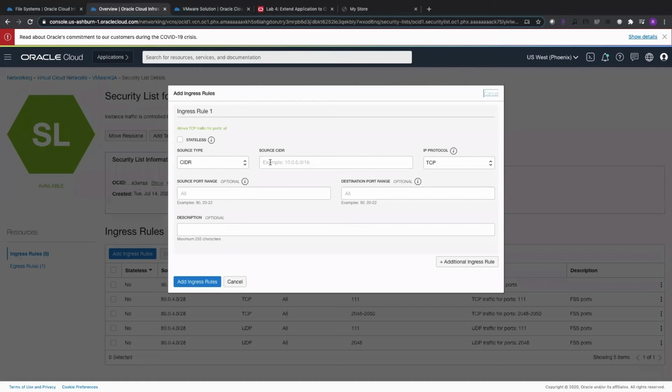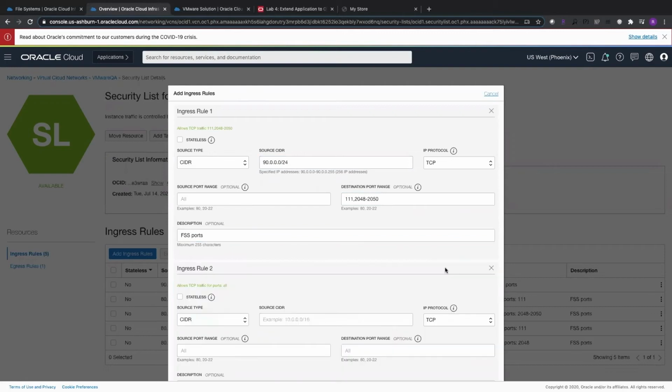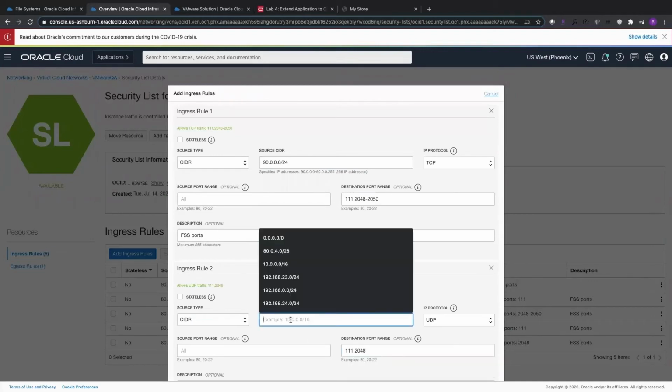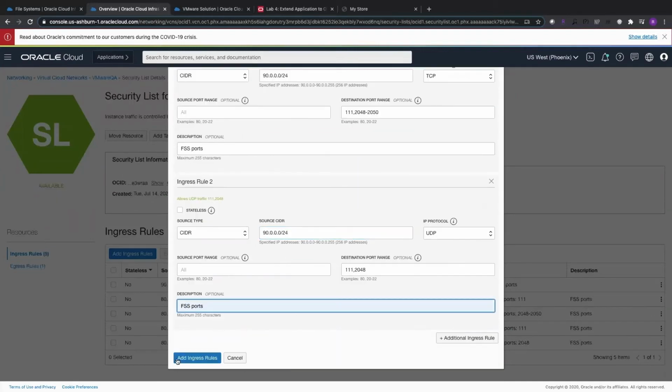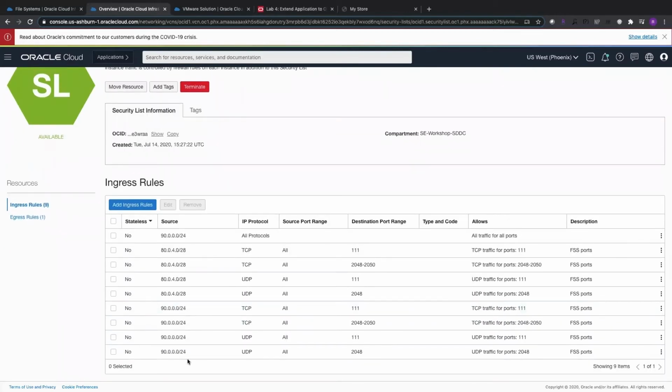Come back to your screen, provide that as your source CIDR, and again add port 111, 2048 to 2050. Add additional rules for UDP port as well for port 111 and 2048. Click Add Ingress Rule. All right, so I have added all the rules that are required for communicating with my FSS.